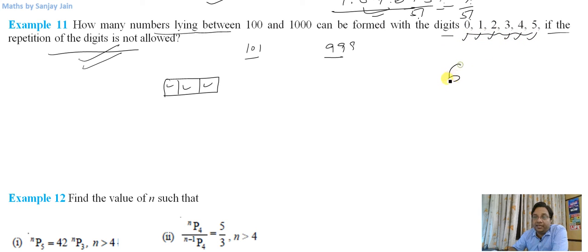So if I take any 3 digits and arrange them, I can arrange them in 6P3 ways. These are the numbers that I'll get. But now look at this. In this 6P3, what will happen is, at this first place 0 will also be considered. So all the numbers that have 0 in this place will also be considered in 6P3. So how to take care of that? So if I take out 0 from these digits and arrange these 5 digits,